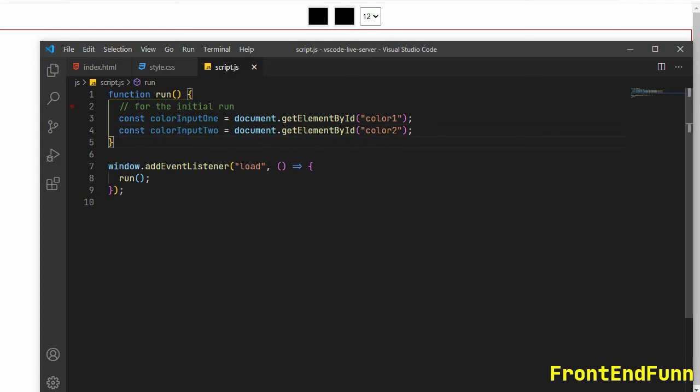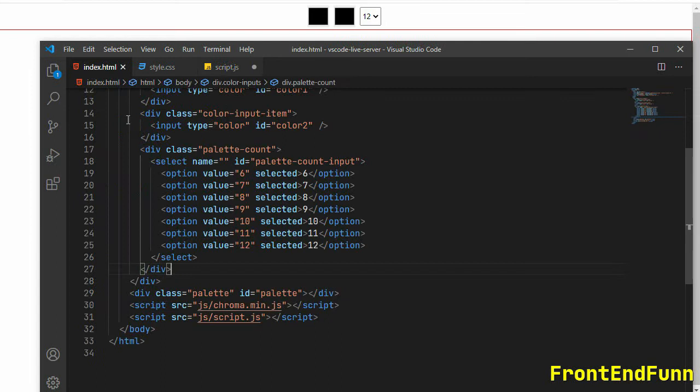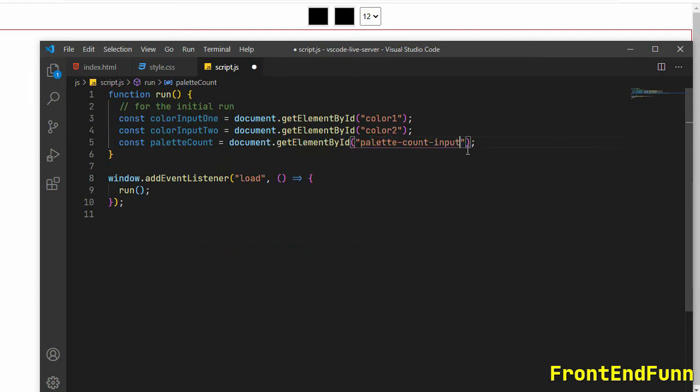So these are the inputs here. Similarly, I'm going to target the select input, that is the palette count. The ID will be palette-count-input. Okay, so this is input 1, input 2 and the select input.